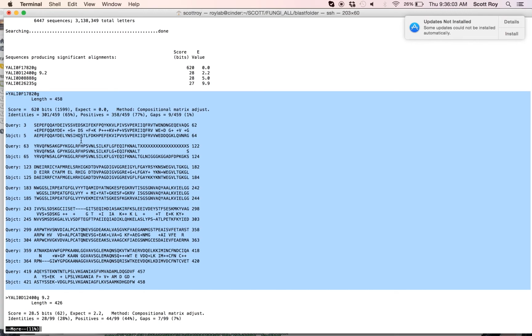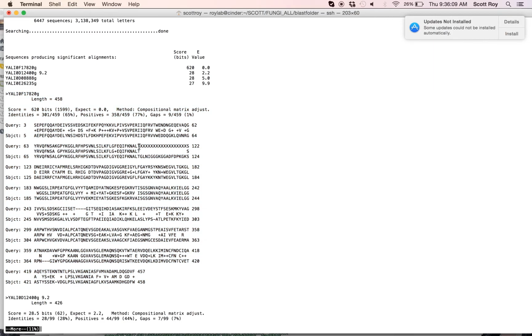So the main thing to see is here's a BLAST output where we have a really strong hit. And the second thing I'll point out here is all these X's. So these X's mean that our protein has been filtered. So this would probably be a repetitive region. You can see this region has a lot of G's in it. This region was probably just G-rich. And so BLAST filters those out. Before it does the BLAST, it filters them out. So just in case anyone was wondering about those X's. Okay, so that's our standard